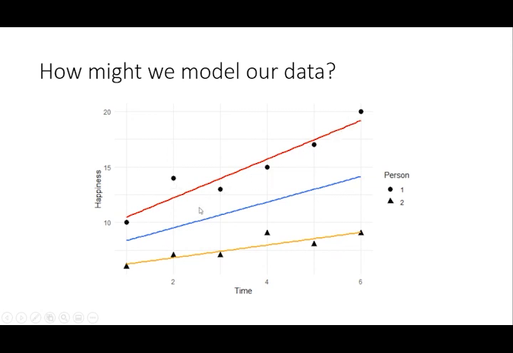So this is the framework. It's very similar if you took Andy's course on multi-level modeling. We're essentially doing the same thing. We have two levels in our data: the individual observations nested inside each individual person. And again, it doesn't have to be individual people. This could be time points within countries.